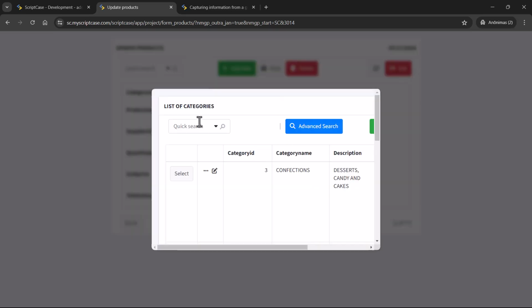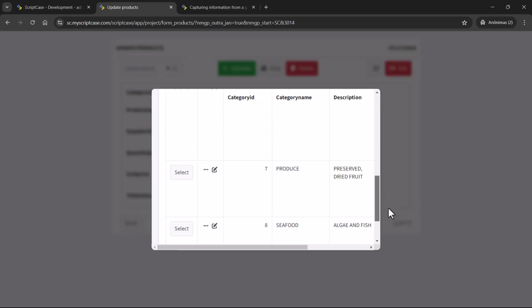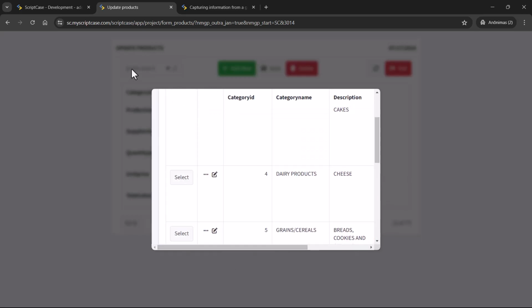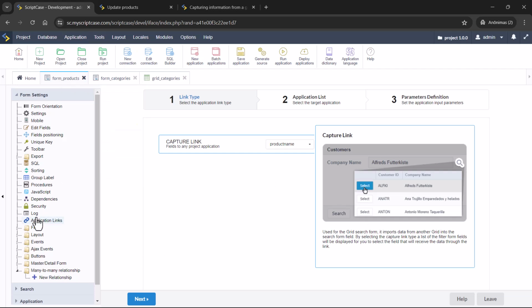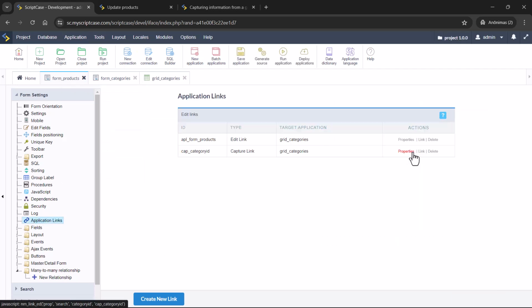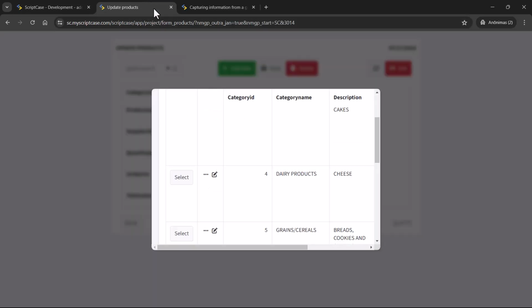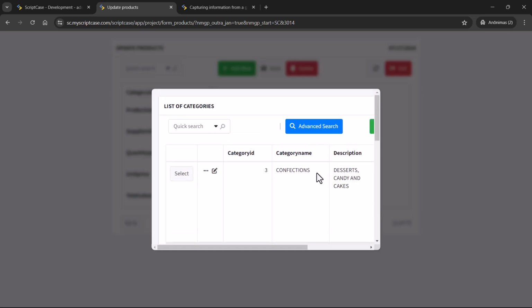So this is the option with the modal. I can change here the size of the window using the properties. I can set here the width and height according to the size of the linked grid application in this case.